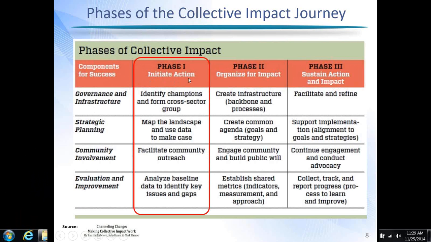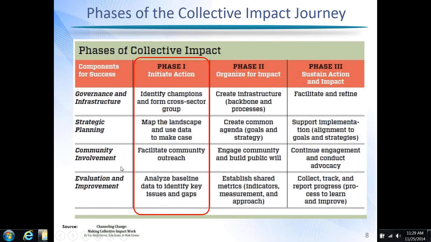So initially, when you're trying to get things going, it's very valuable to identify the champions and form a cross-sector group that wants to do collective impact. And then, as far as planning, a first step tends to be looking at the data, looking at the environment of organizations and needs to make the case that, hey, we really do need to work together and we have some serious issues. And then it's very important to involve the community.